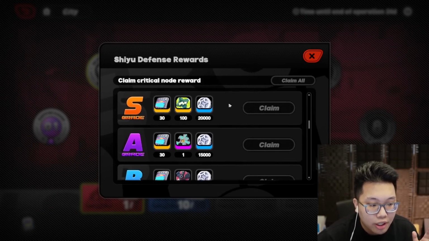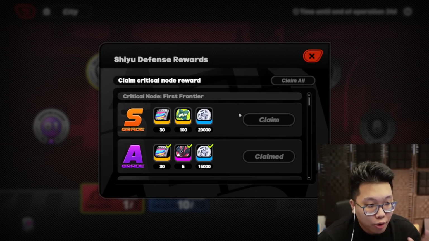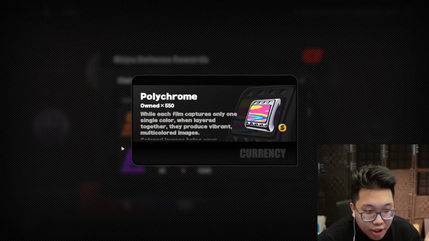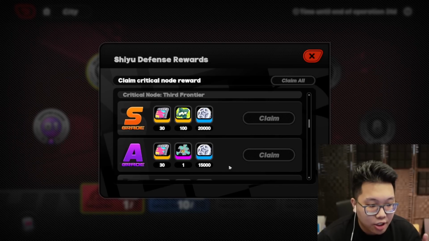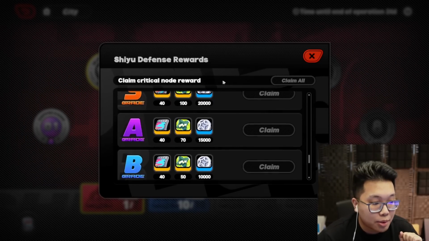Currently, projections are that this will likely be on a 2-week cycle if we're taking into consideration things like Star Rail. The rewards for the refreshing Shiyu Defense are definitely more important. As you can see here, we've got 30 polychromes per clear, depending on what level you get. And although for the initial Shiyu Defense you can always come back to this or clear, these are the ones that you have to clear within 24 days, which is a lot of time to be fair,